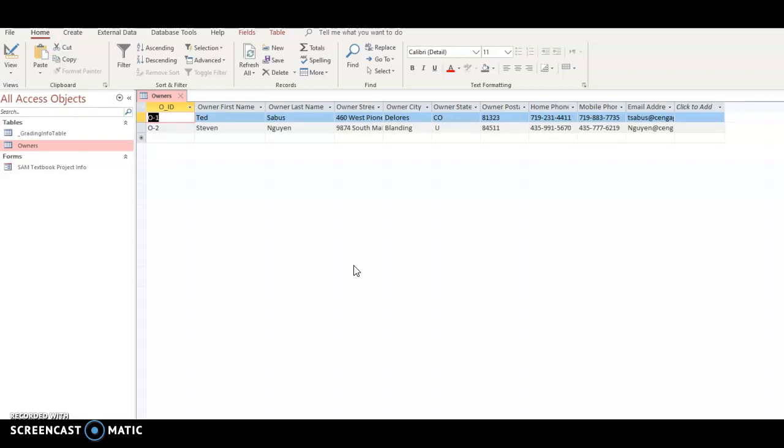We're going to resize the columns. So remember that you resize the columns by pointing to the right of the boundary line on the field name header. And when you get there, you can double click and that will resize it to best fit. So we did that for first name. And we're going to use the same technique to resize all of the columns so we can see everything in the columns. The street one, city,